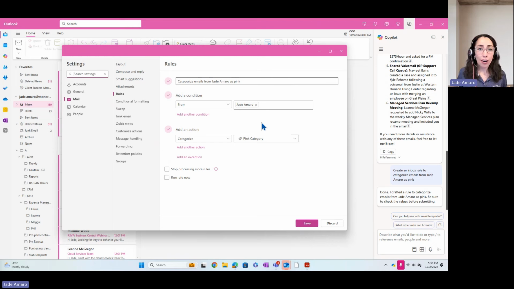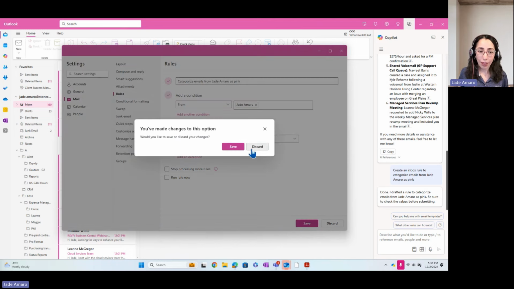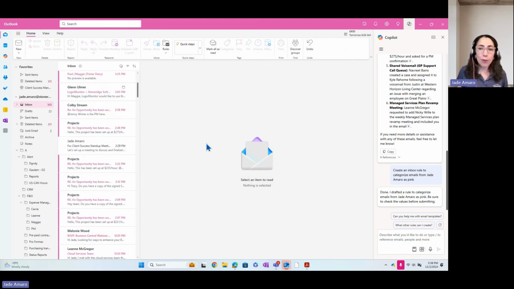So essentially, all I have to do is review and accept it. Obviously, you can modify if you need to, but this looks great to me. So I would just click save and it'll categorize those emails as I asked it to do. Perfect. So now we already know how to try to stay on top with prompting it to see the most